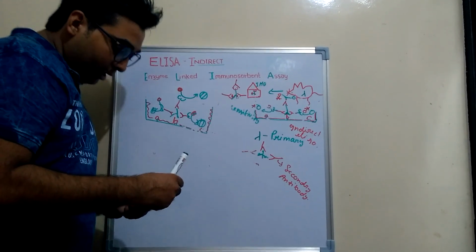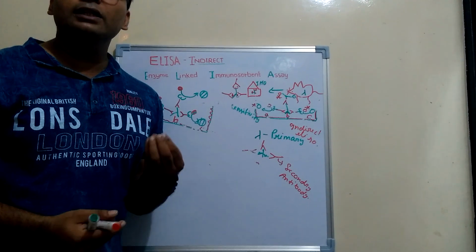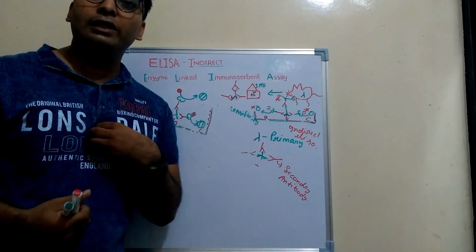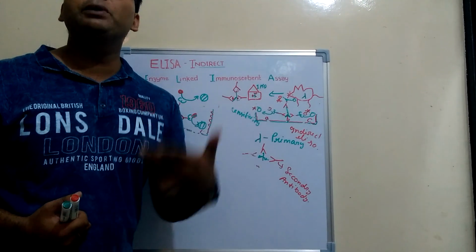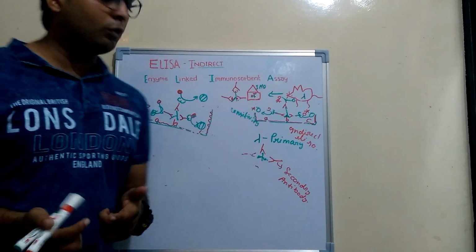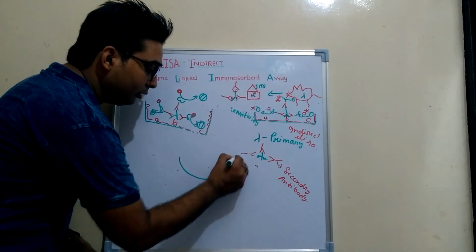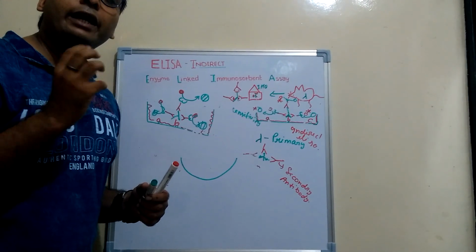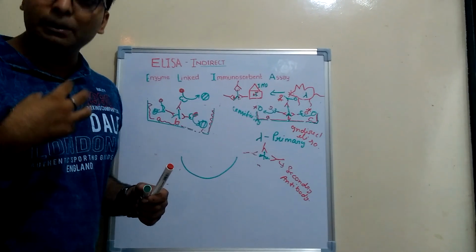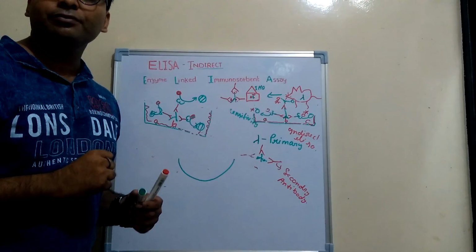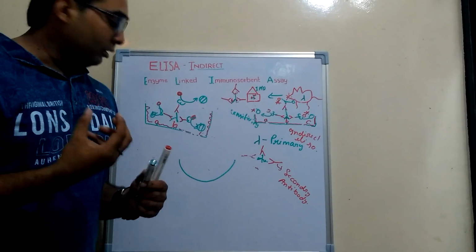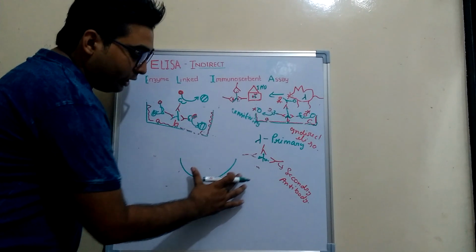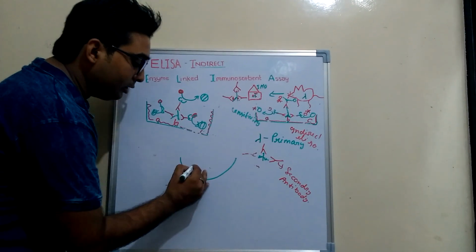One thing more, if you want to check whether there is anti-B antibody or not, suppose that I'm a patient and I want to check whether in my blood there is anti-B antibody or not. So what will happen? Again, I will take a polystyrene plate. Now if you want to check whether the primary antibody, that is the antibody B, is present or not in my sample, in my blood, then take my blood, and you will take a polystyrene plate, and this polystyrene plate is already,